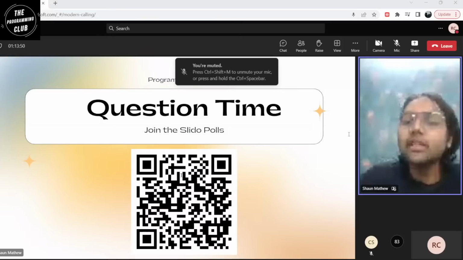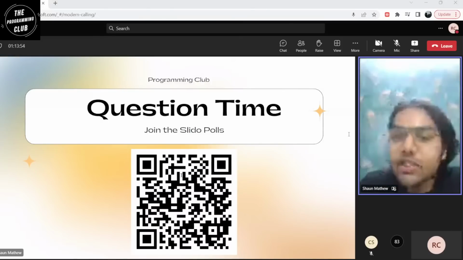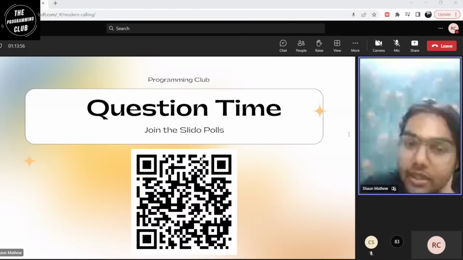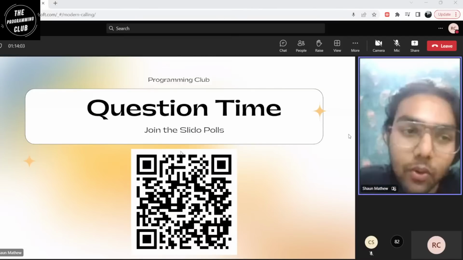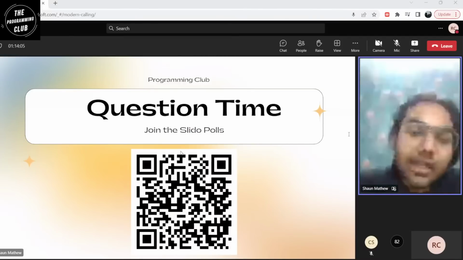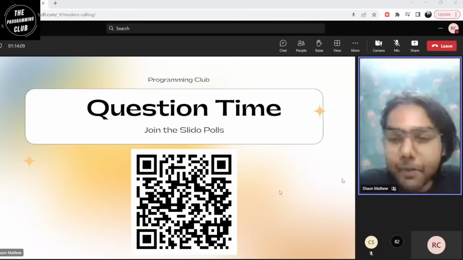Meanwhile, the question I'll just repeat once for those who aren't logged into the system is: which of the following is not a data type? The options for you are int, char, something called x, and float. If you are not there on the Slido platform, you can answer it in the comments here. I'll be more than happy to check it.